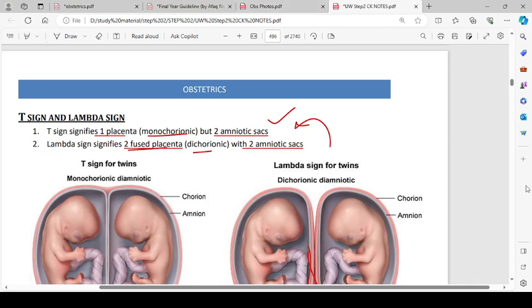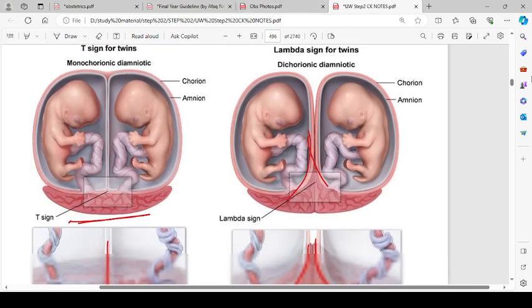Then we have the next point. Just give me a second. The next thing is over